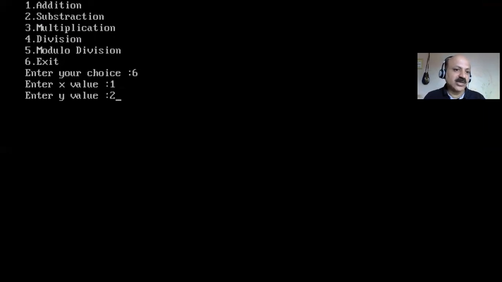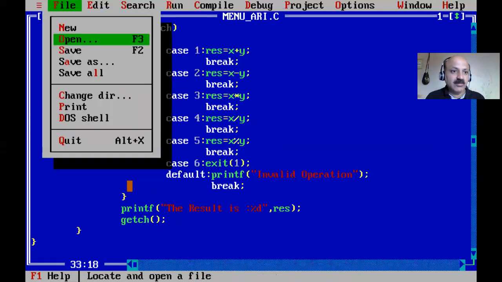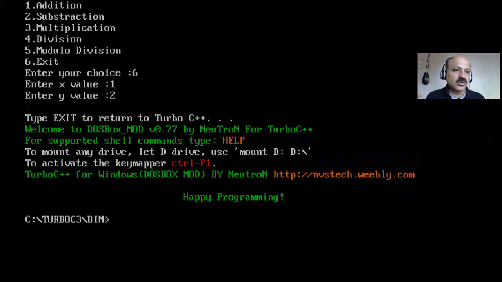So why is it asking for the X and Y value? That is some improvement, and then we come back. Okay, and Alt+F5. So where is this shortcut key? You can see the second way to see your output, and the third way is the Alt+F5 menu, and here the DOS shell is there. So you can also see your output above this line, and here the DOS shell.